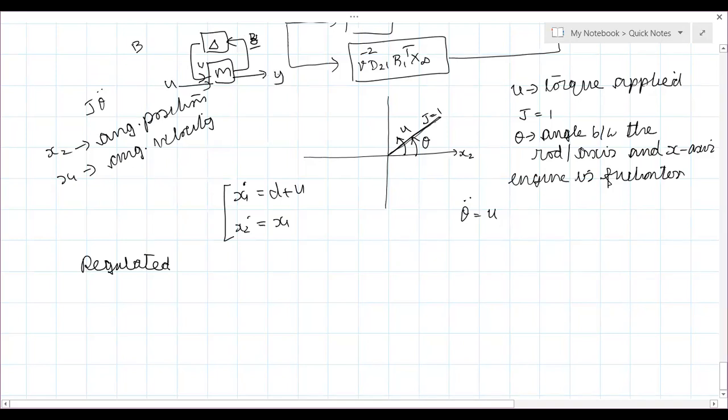Okay, so what should be the regulated output Z? How will we define that? Okay, Z we will take it to be x2. Why x2? Because x2 is the angular position, which is to be controlled. Yes, that's a state, right? So x2, and in addition to that, we will take also u. Why u? Because u is the control torque. There can be some disturbance in the control torque as well. Okay, so my purpose is to analyze, to check what is the effect of disturbance on both u as well as x2.